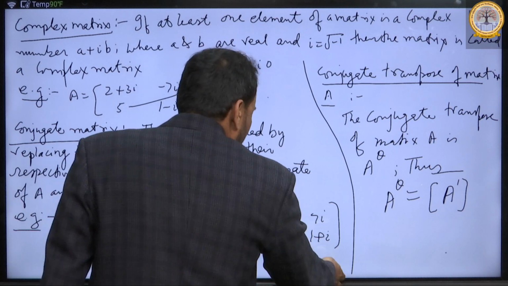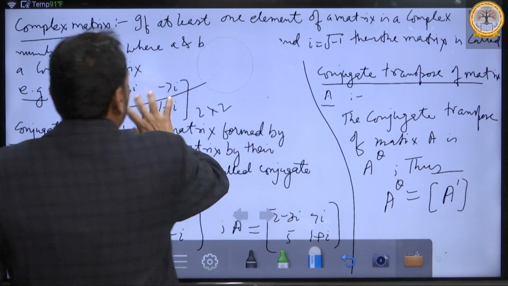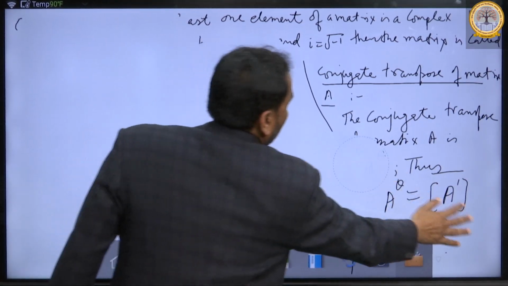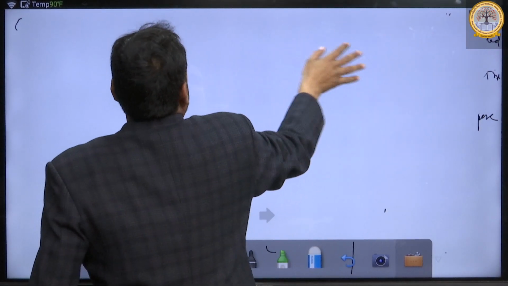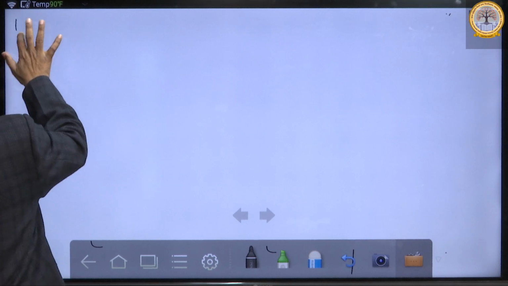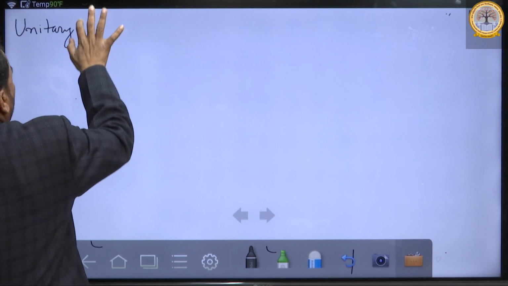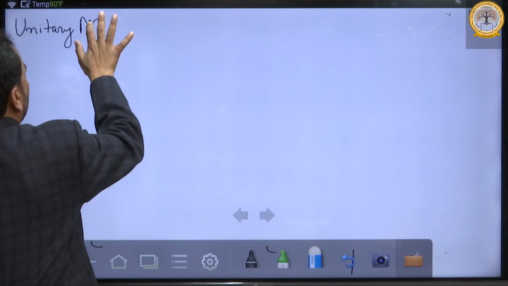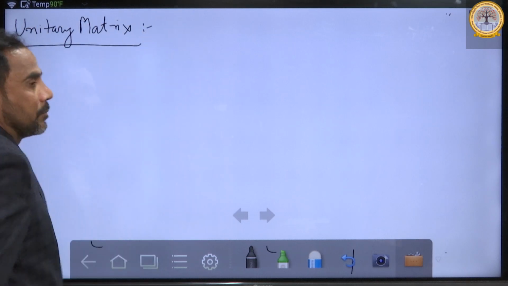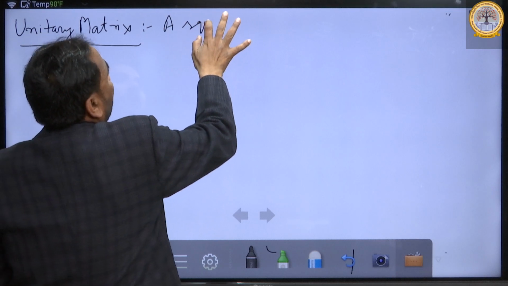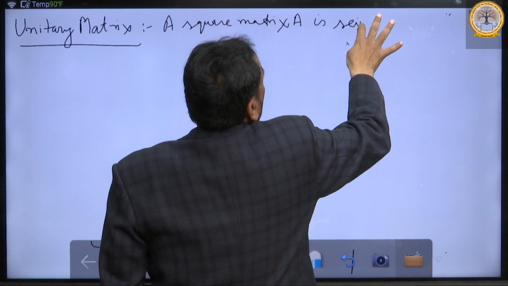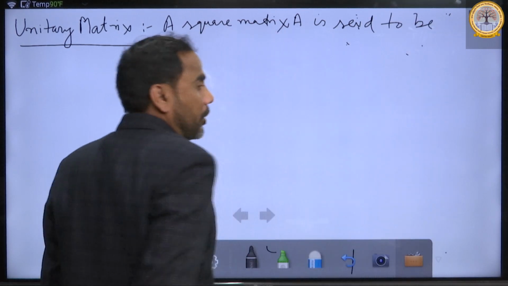So my next definition is the unitary matrix. A square matrix A is said to be a unitary matrix